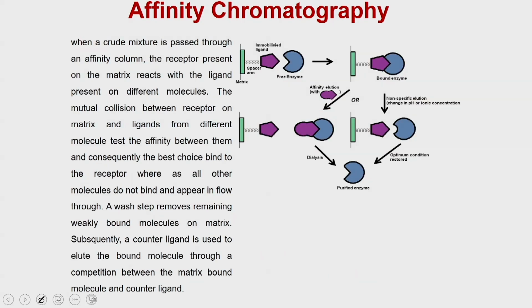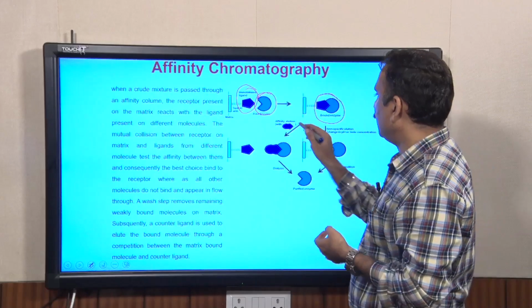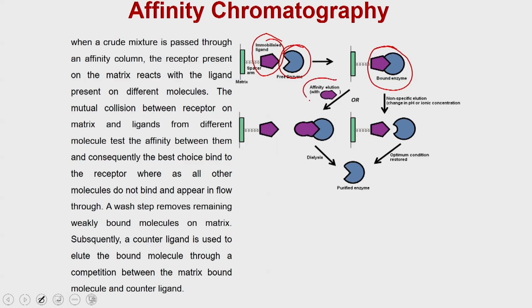So, exactly what is this? You have an option of immobilizing either the ligand or the receptor. If you immobilize the ligand, suppose this is a receptor, an enzyme which has an affinity for this particular ligand. You have coupled the ligand to the matrix, and the enzyme will go and bind to this particular ligand. Then you can add the competitors,